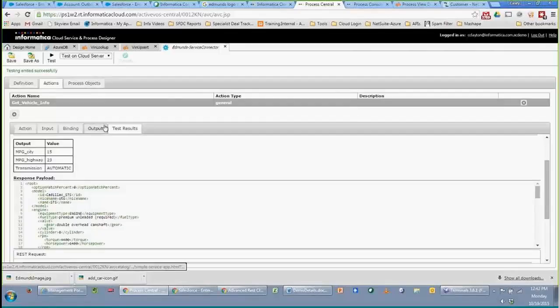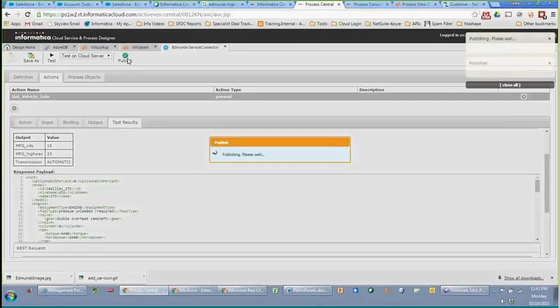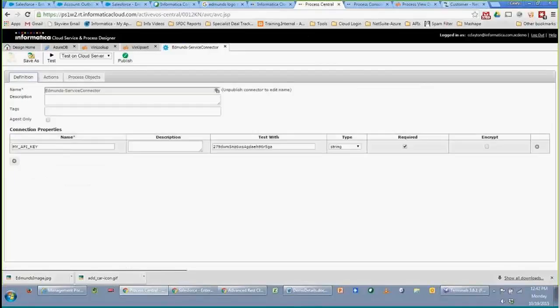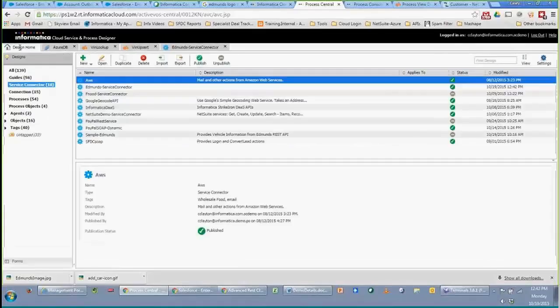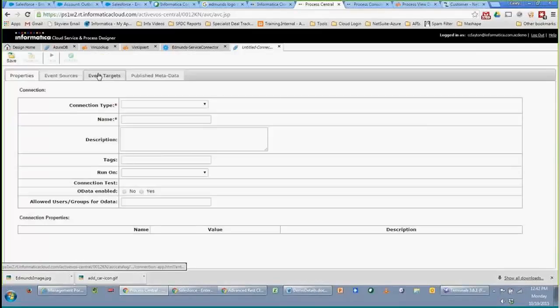And so now let's take this API and work it into the process that we built before. This can be done simply. All you have to do is publish the service connector. And then because a service connector can be thought of as more like a template for these web service connections, that you could use different credentials or different access points, different endpoints, we create what we call a specific connection for this,